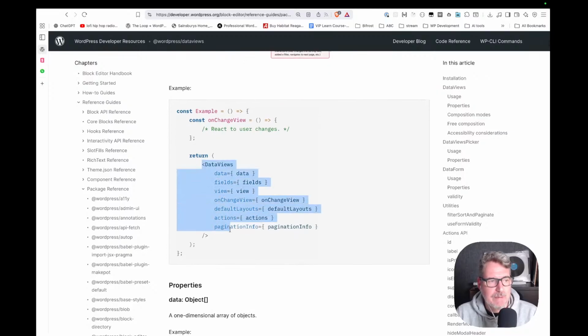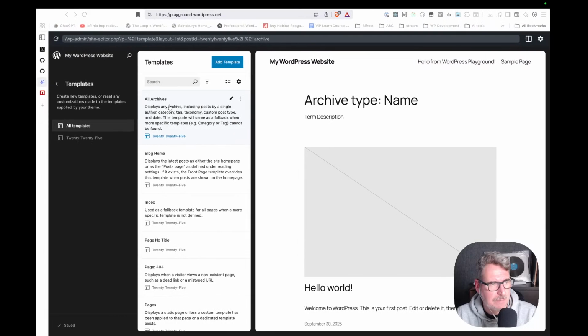So as you can see here, we have the component. We have to pass data, fields, and view. Optionally, we can add some actions, pagination info. Well, we need this if we want the pagination to work. Default layouts, but then very important, OnChange view. Every time we change anything in the layout, for example,